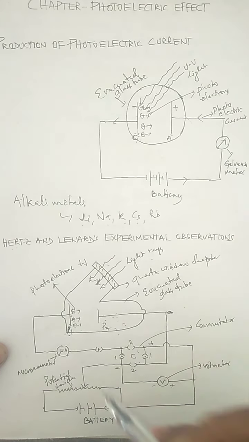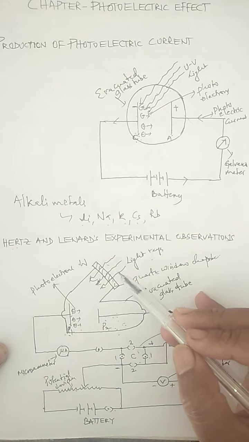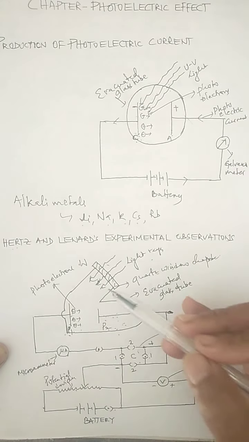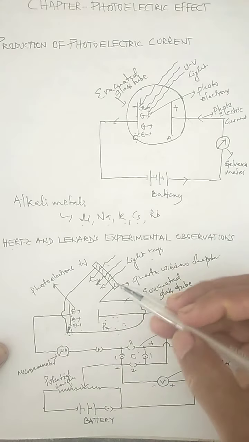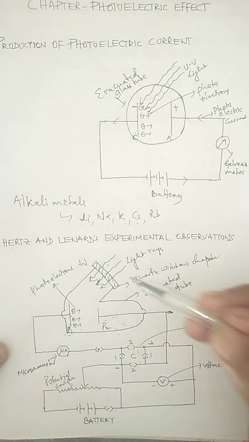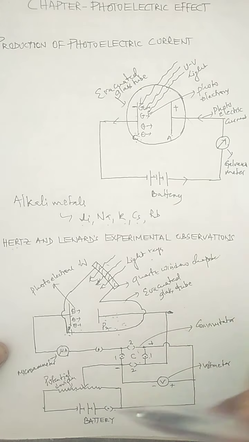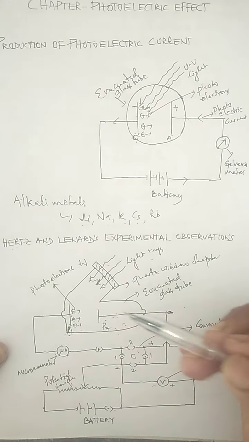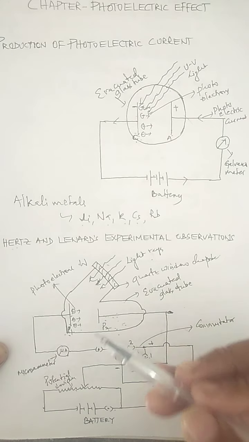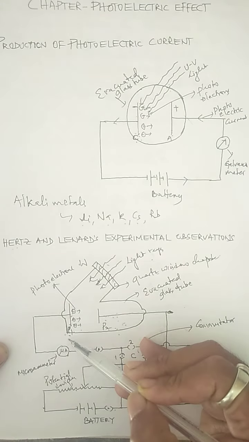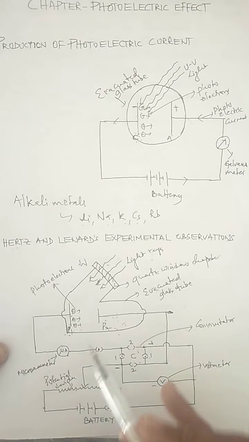But children, what was observed is that they changed the intensity of light incident on the plate. When they changed the intensity or the brightness of light incident on the plate, keeping the frequency constant, it was observed that the photoelectric current also increases. Photoelectric current also what? Increases. And it was found exactly that when the intensity of the light incident on the plate was doubled, the photoelectric current was also found to be what?